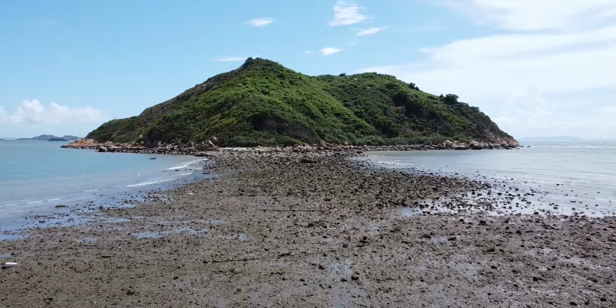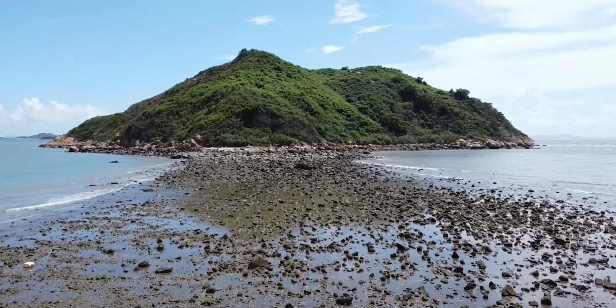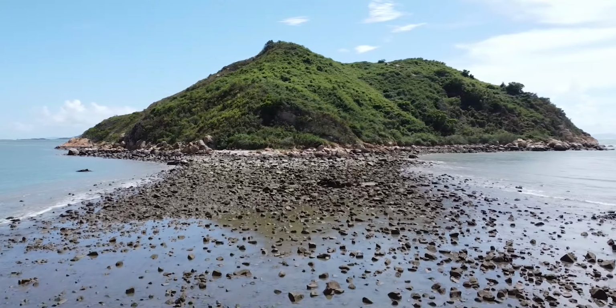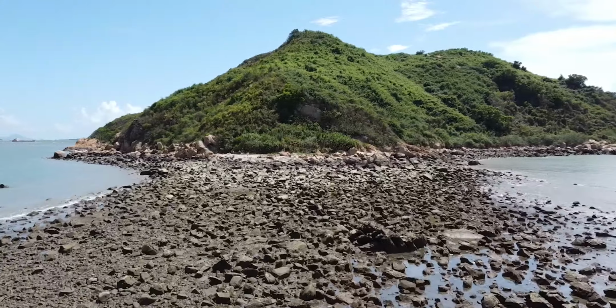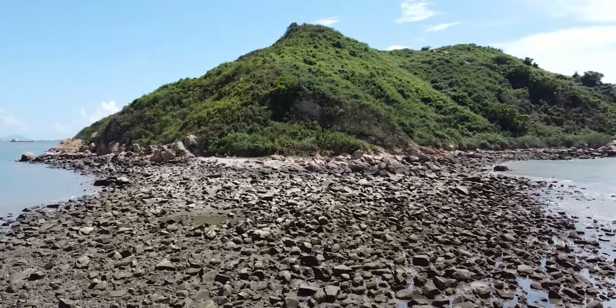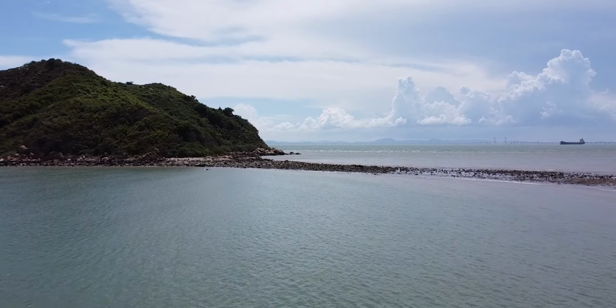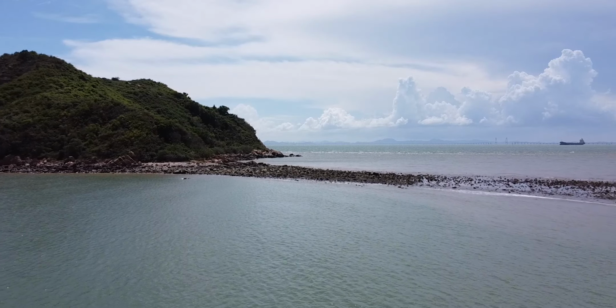land. Peak Till is actually connected by land to Lantau Island by a tombolo when the tide is low enough, usually below 0.5 meters. A tombolo is a type of landform created by the deposition of material, which creates a narrow strip of land that connects an island to a larger piece of land. In this case, the tombolo used to reach the island is only accessible for a short while during extremely low